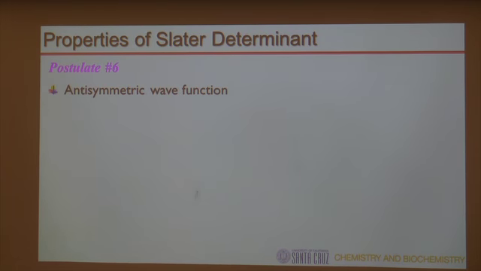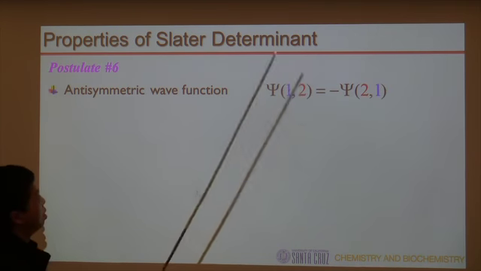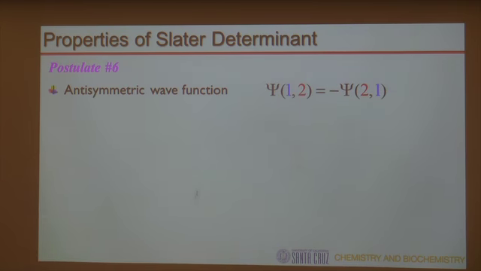So based on the Slater determinant, we derived another postulate. This is the last postulate we encountered in this class, which says wave functions should be anti-symmetric. The definition is: if we have 2 electrons, and we switch the location of the 2 electrons, they will change the sign. So a more general conclusion is